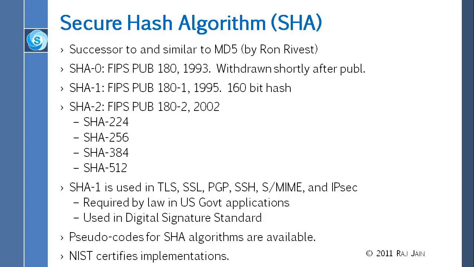Anyway, similar to MD5, the SHA was published in '93 and withdrawn within 2 years, and so SHA-1 is the real one. When today we say SHA, we mean SHA-1. That was published in 1995, but again within a few years people started thinking that it is weak, and so in 2002 SHA-2 had to be published. Now SHA-2 basically has 4 versions: 224, 256, 384 and 512,